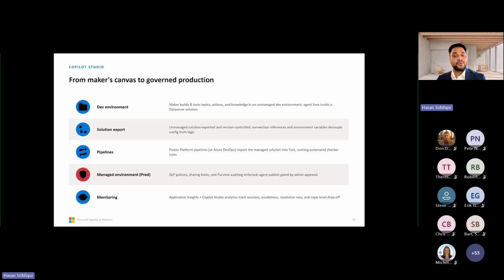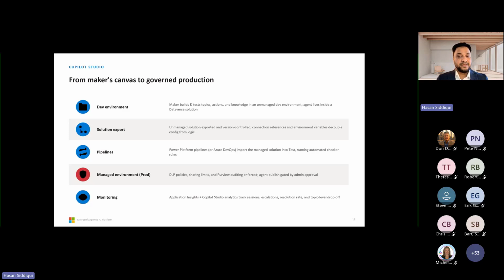That solution gets exported and version-controlled, with connection references and environment variables respected. So the same solution package can point at a different SharePoint site or Dataverse environment per stage, like dev, UAT, and production. When moving it, we can easily manage it with a Power Platform pipeline or Azure DevOps.